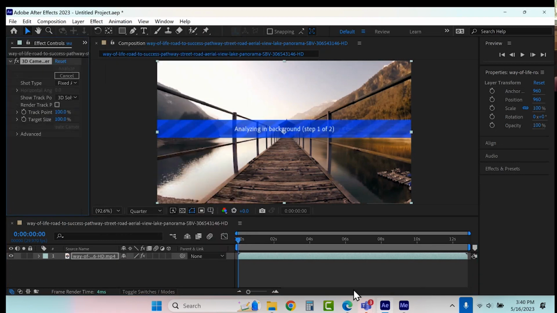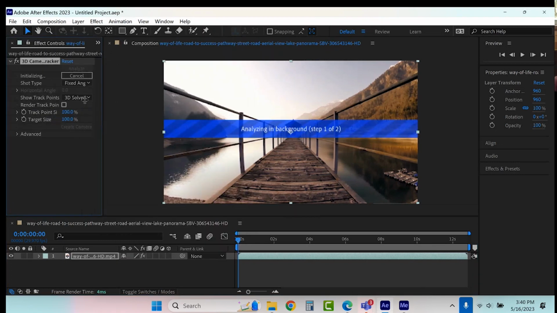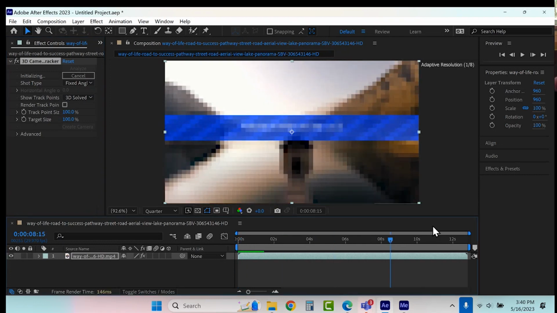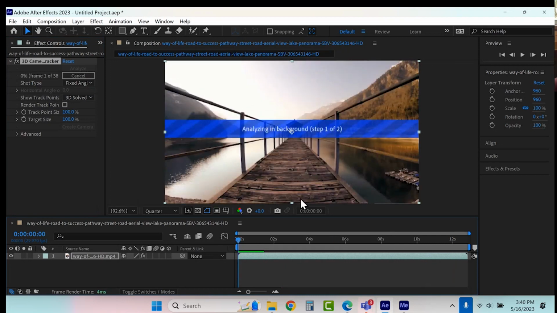Track camera. It's going to analyze it, right? You're going to see initiating, 1%, 2%, 3%, 4%, etc. Now, this is where this drone camera is going to fly along this dock and kind of take off or something like that. So, what do I want? Text? Do I want logos? But the cool part about it is it's going to give me my animated camera, so I don't even have to use the footage if I want. It's a great moving camera. It almost looks like it's taking off.